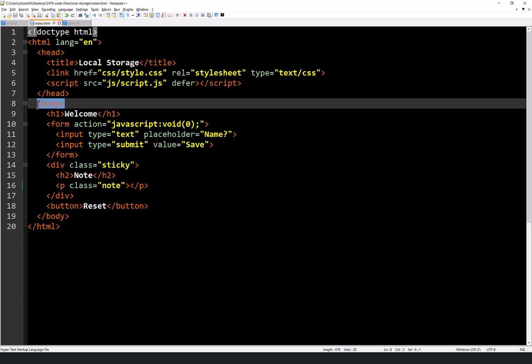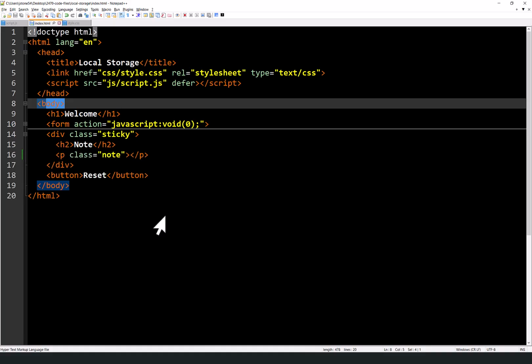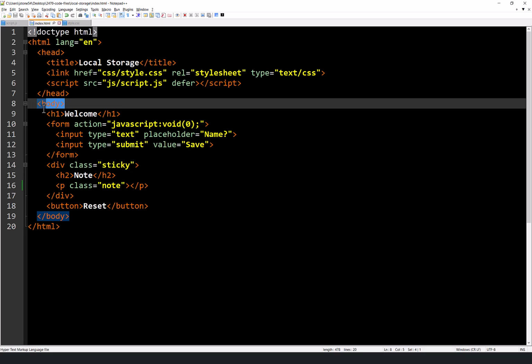This is the body, obviously, and it's set to display flex. And that being the case, you can see there are 1, 2, 3, 4 direct children of the body. Therefore, those are the 4 flex items. And I've set the flex direction to be columns so that everything's stacked on top of each other. Okay, so let's expand those back out here. And if we look at that in the page, this is what it looks like. That's the H1, that's the web form. This is the note, which is a div that has a paragraph inside of it, and then we have the reset button. Okay, so that's what we have here.